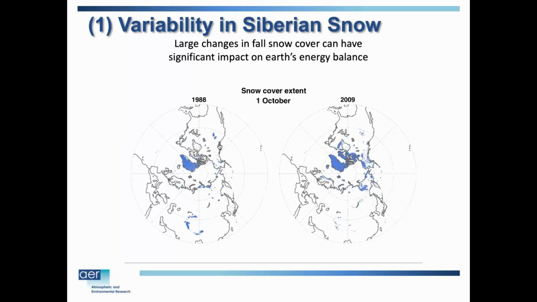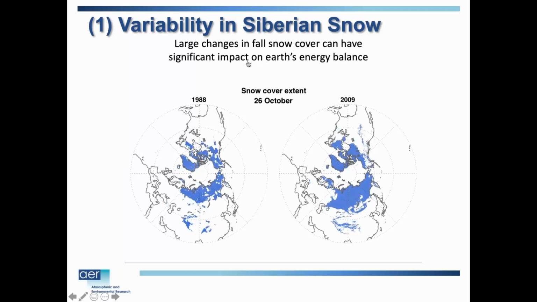So you have this variability in snow cover, and again, the thinking is that large changes in snow cover extent can really impact the Earth's energy balance. I'm sure this is something that you guys are well aware of, where not only do you have high albedo, but also the insulating properties of snow cover, which decouples the atmosphere from this heat that's in the ground.